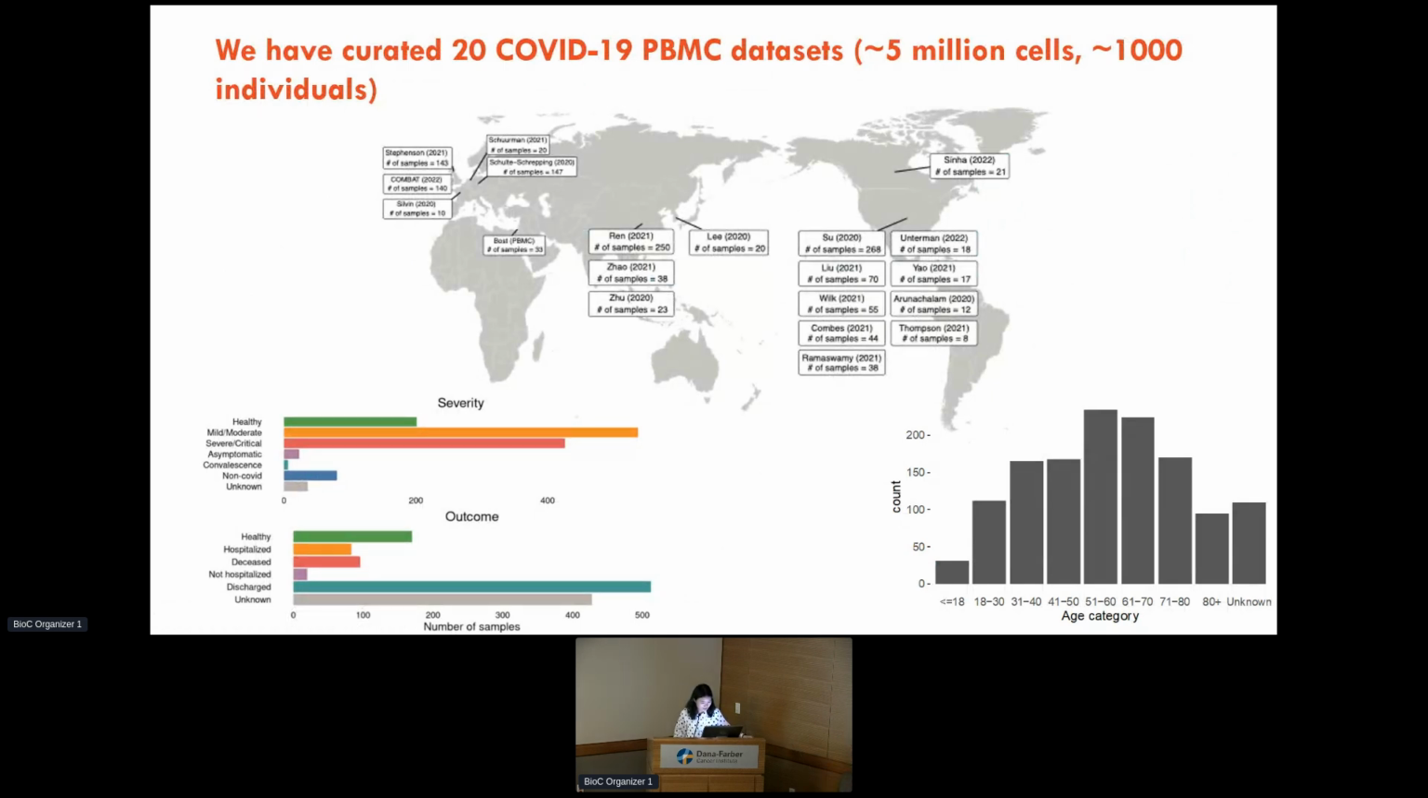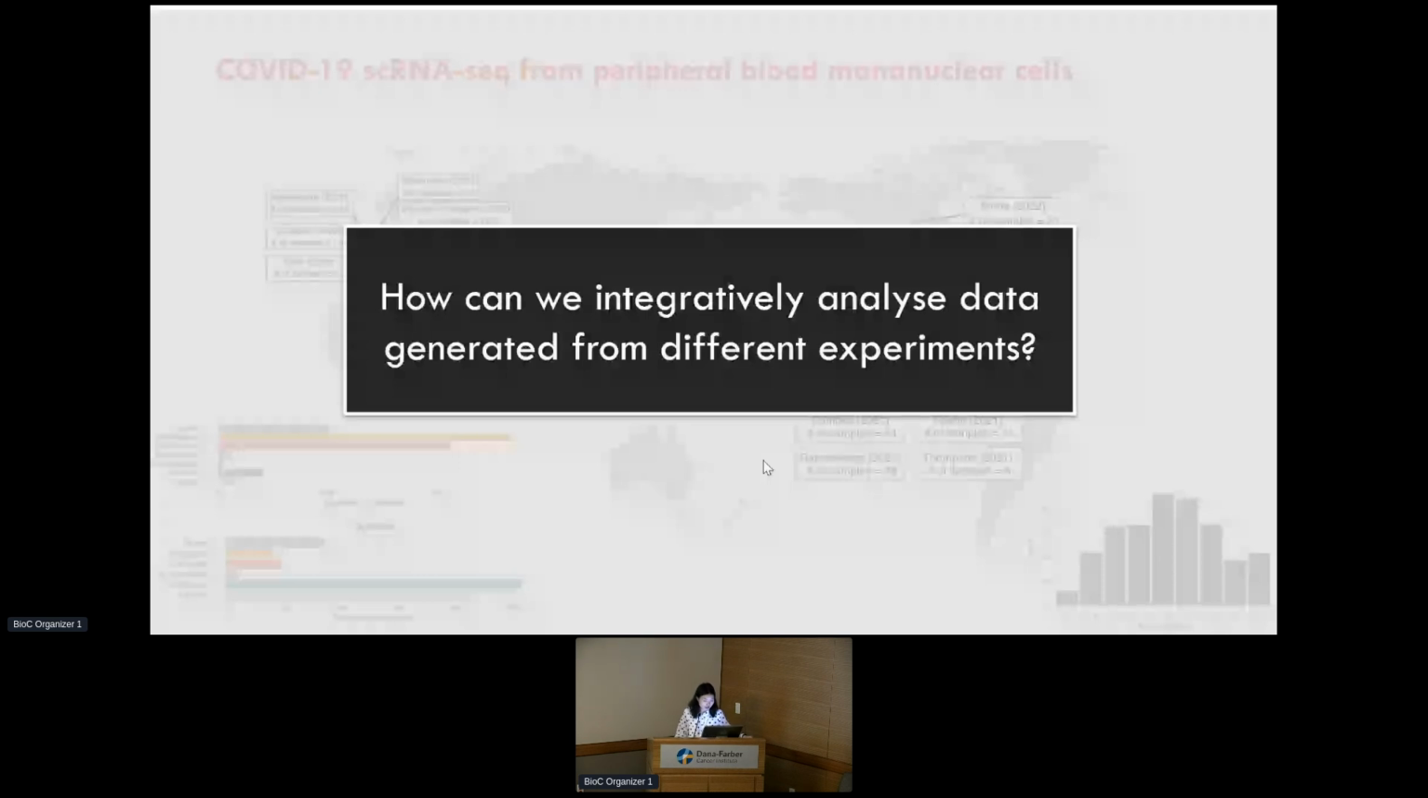Okay. And so the question is how we integrate and analyze the data generated from different experiments. I will briefly talk about the challenges in this kind of large-scale integration of multiple studies, compared to just integrating data with multiple conditions. The first is that we now have multiple layers of unwanted variation. Apart from the variation from different studies, like the protocol, sequencing depth, and different sample handling, we also have